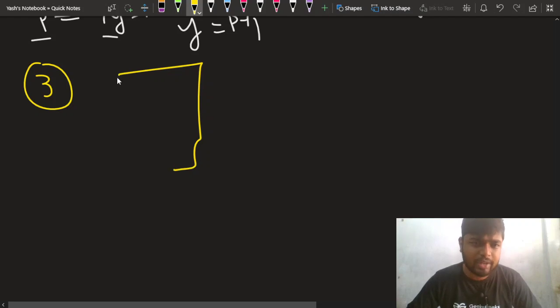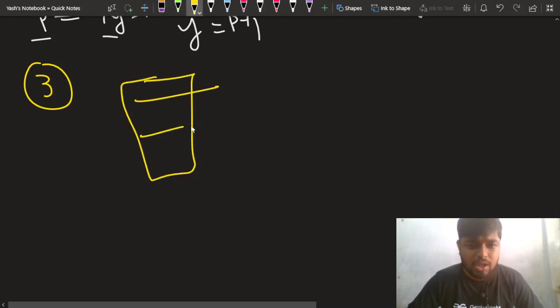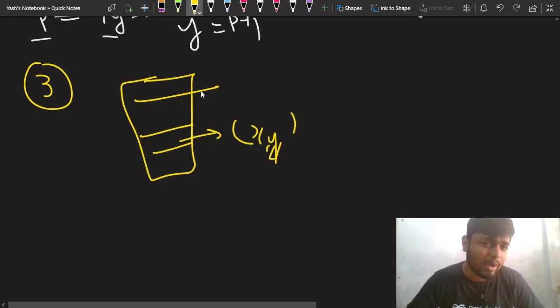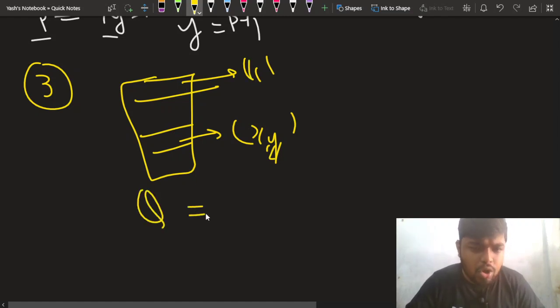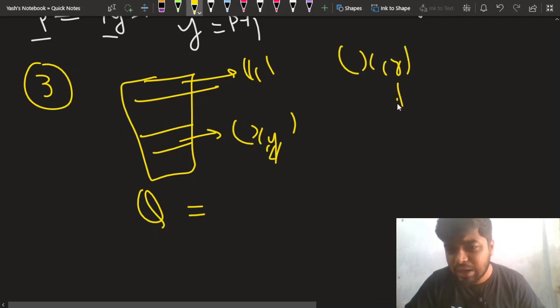So there can be columns, right? You can have columns in it. Once you have the columns, let's say you take this cell x comma y. Since you have this cell x comma y and you have 1 comma 1, once you pass 1 comma 1, you will be getting a distance of q. Since this is a single column, the y value will be 1. So this point is nothing but x comma 1.